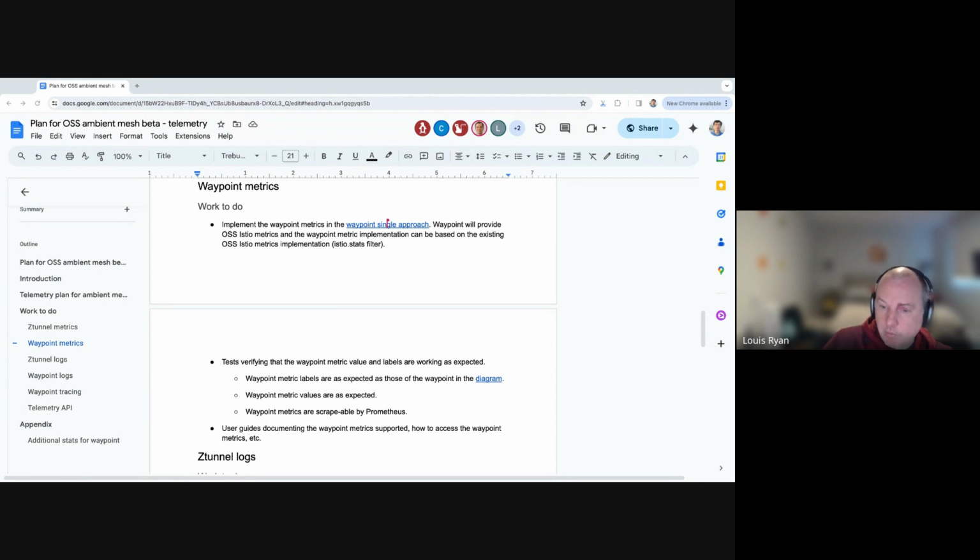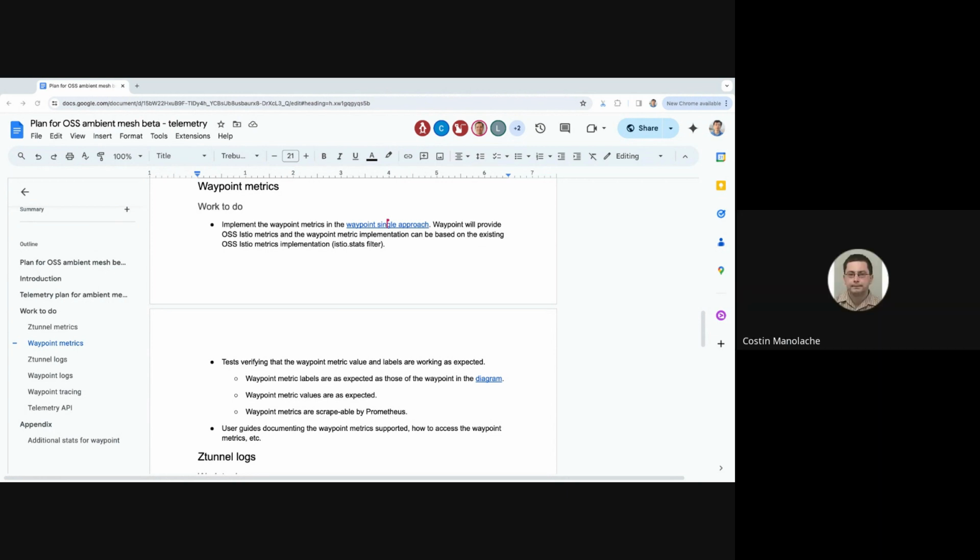Right, and I believe the outcome of the conversation two weeks ago was, in the short term, the unblocking decision is: ship what we currently have, or as close an equivalent to what we have at SideQuest today, and commit to that for beta. Then start working on something better and design that independently of the other thing. And figure out how to give users actions. What we have really is gateway. I mean, waypoints are gateway, not sidecars. So, and I completely agree. We ship what we have. I mean, the gateways and waypoints are more or less interchangeable. The telemetry generated by gateways is the most relevant for waypoints and the most accurate.